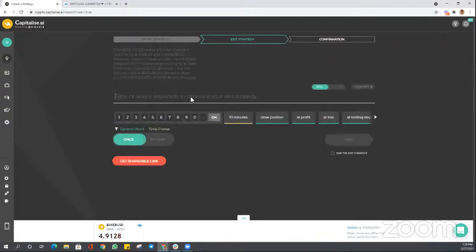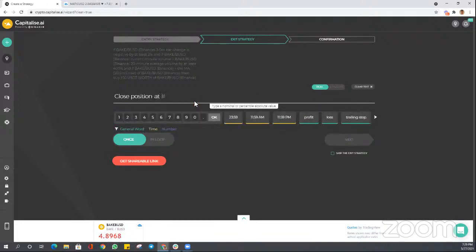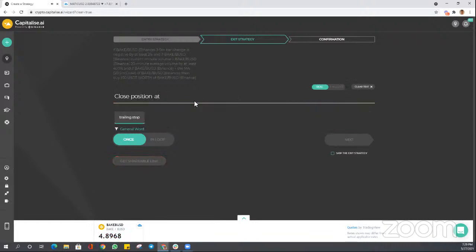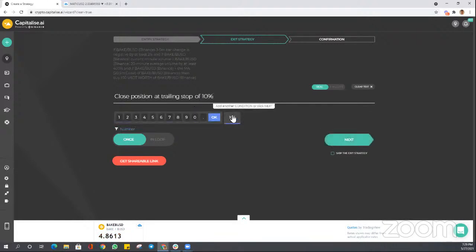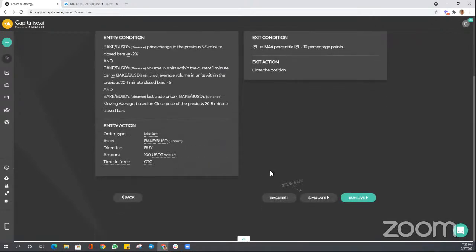Let's just close this position at a trailing stop. Let me get my syntax correct there. Let's go 10% just for this simulation, sorry, backtest. And while that's running,